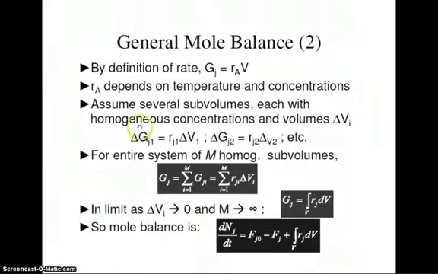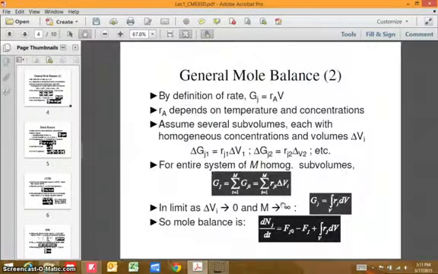So the rate of generation in subvolume i is given by the rate of reaction in that subvolume times its volume. And the same thing can be done for subvolume 2 and any number of subvolumes. And so the overall rate of generation would be the sum over all subvolumes, all of which are homogeneous, of the rate of reaction in each one times the volume of each one. In the limit as the subvolume goes to 0 and the number of these subvolumes approaches infinity, this looks like an integral. So the rate of generation in general